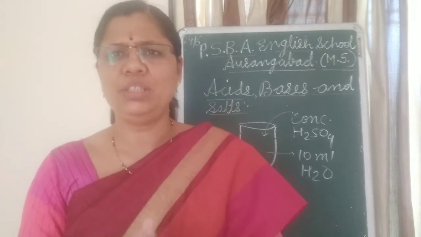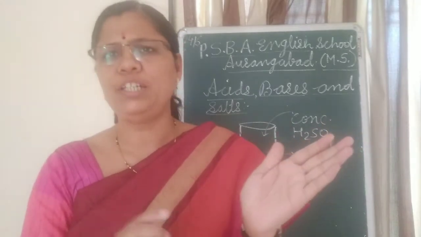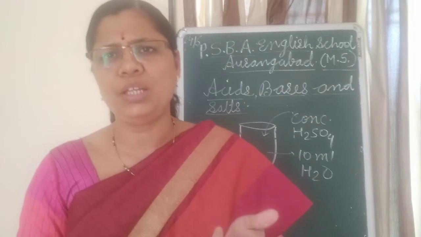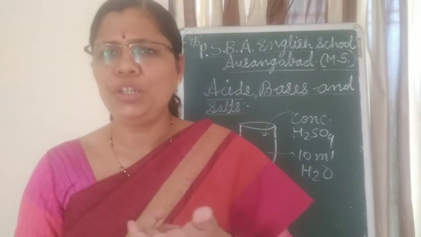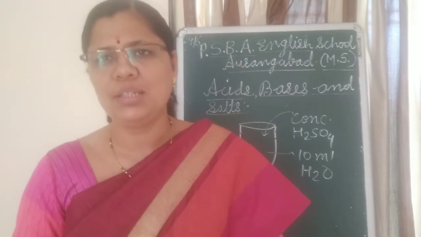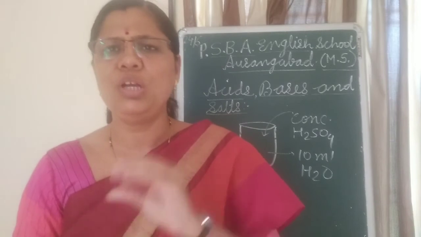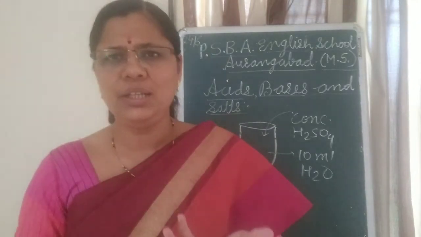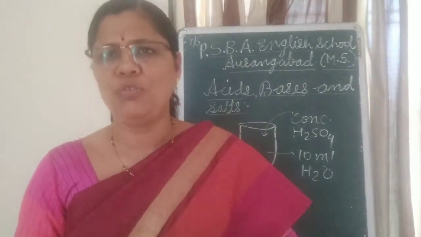when they come in contact with the water, as I have told you, there is a dissociation of ions. So the H positive and Cl negative ions get dissociated, and the dissociated H positive ions will combine with the H2O molecules and form H3O positive, that is hydronium ions. And how many will there be? 5 H plus combined with 5 H2O, forming 5 H3O positive ions. Clear?